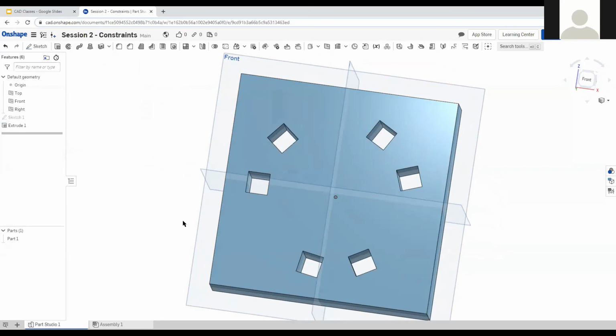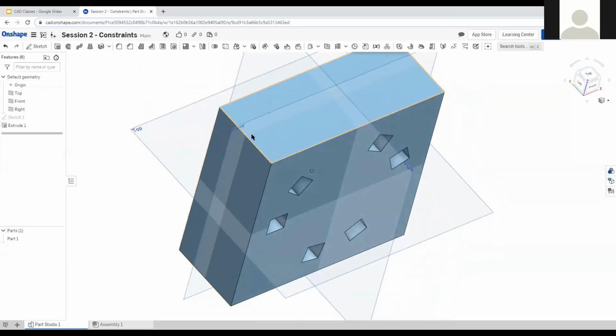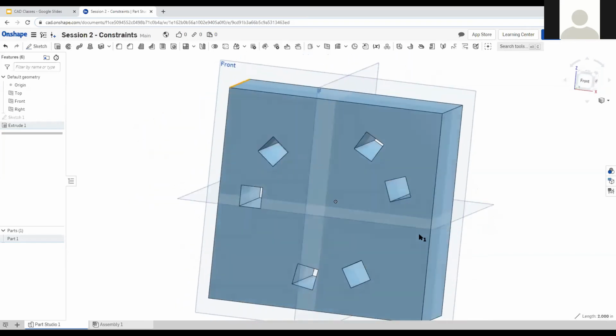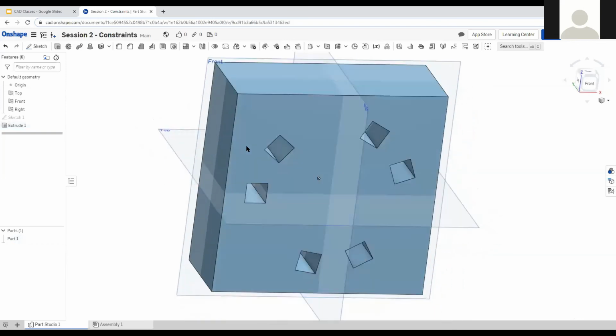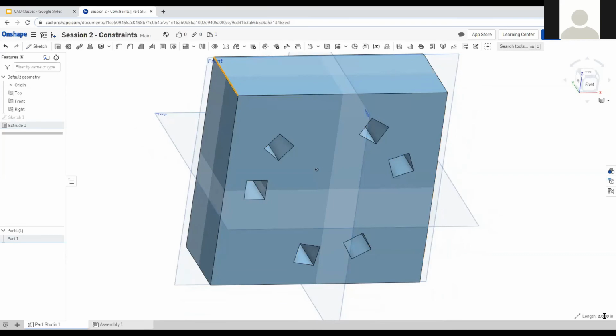It has my 6 holes now in it. And if I click on this line in the very bottom right down here, it'll tell me how long this line is, and it's 2 inches. It's exactly what I said. So now, actually, speaking of the 2 inches, this tool down here is extremely useful for checking